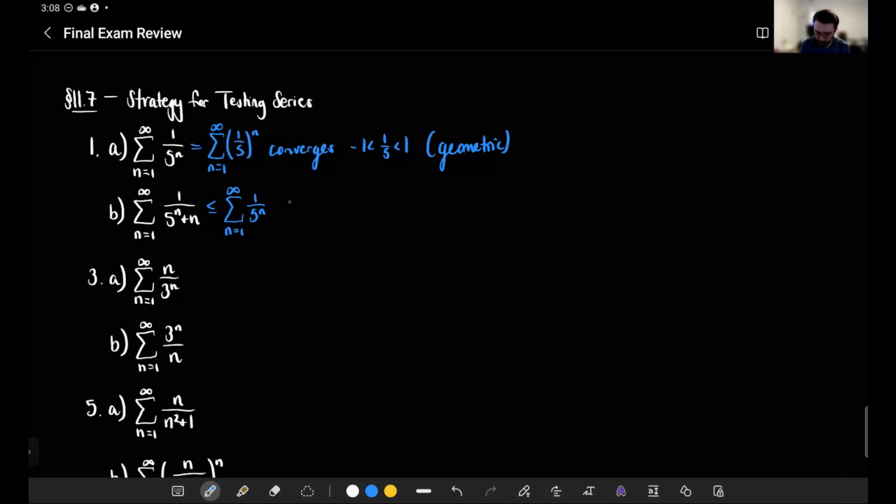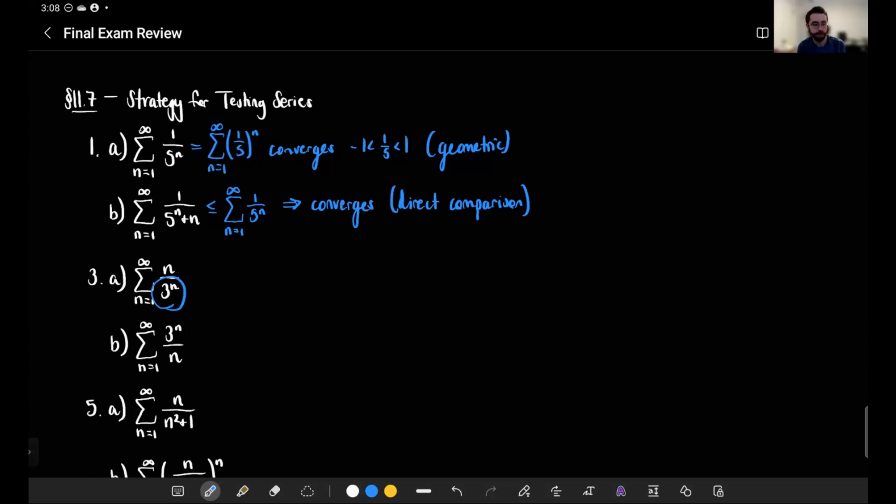And so that implies our series, the one we're given, actually converges by direct comparison to the one before. Right, it's less than a geometric series which converged. If you're less than a convergent thing, you converge. 3A,